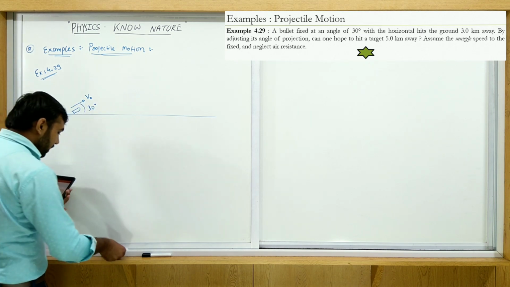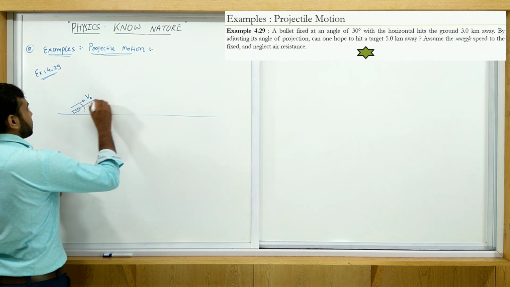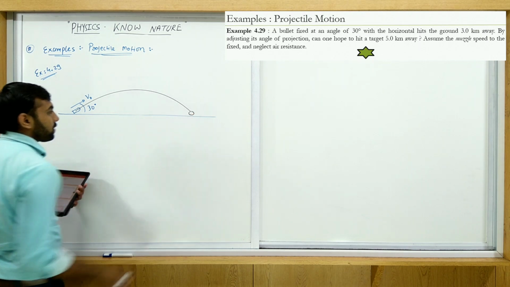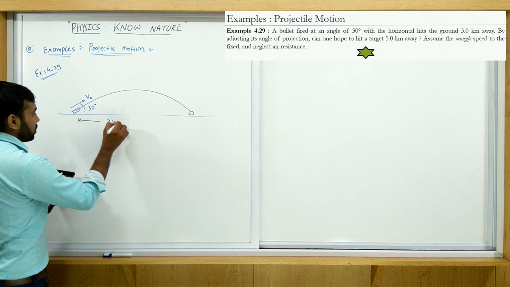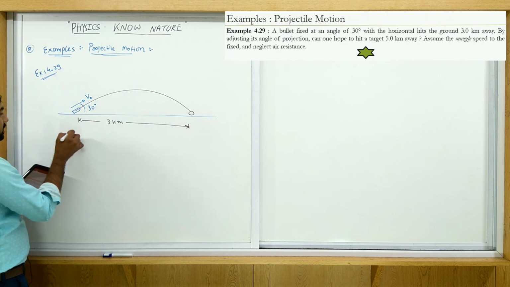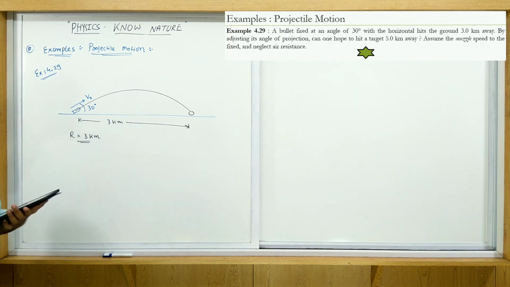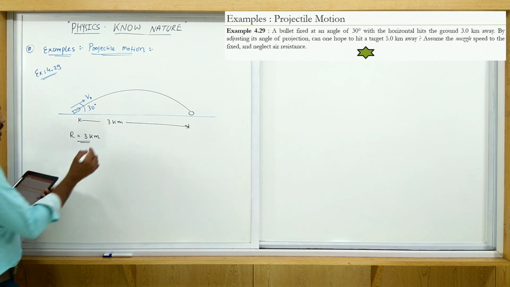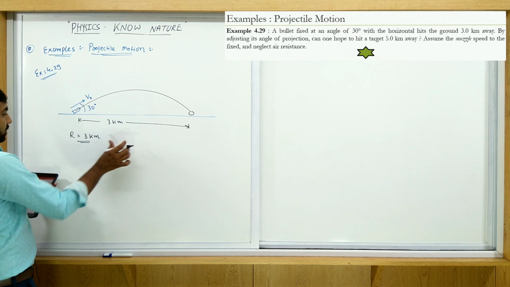So this bullet is fired at the target which is somewhere here, and this target is at what distance? At 3 km. So can we say that from this example its range is equal to 3 km? Its range is equal to what? 3 km. So from this, what is the v naught first? Let's find the v naught from this one. So put the equation of range. So you convert this data in meter.